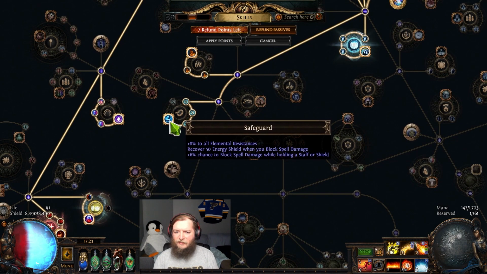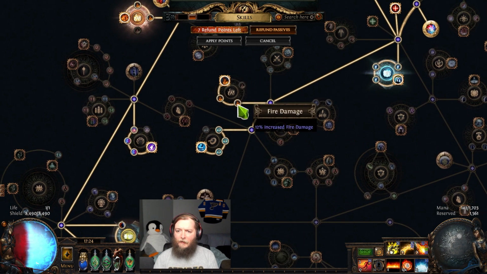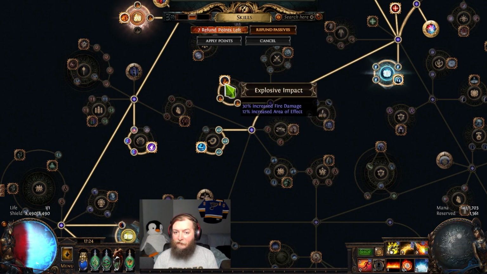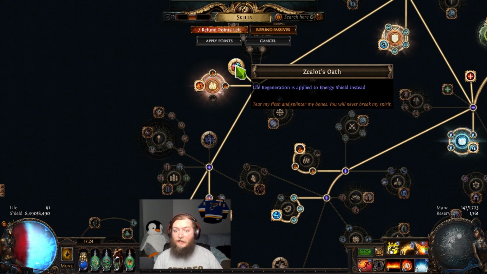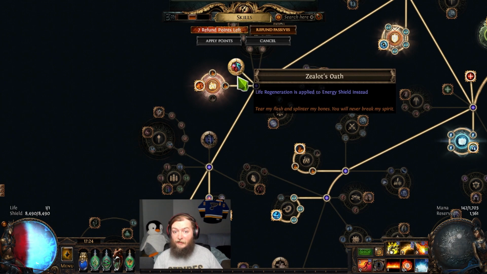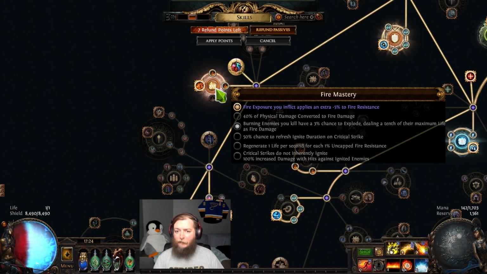Pushing down towards Safeguard, get more block, some resistances here while holding the shield. Get the spell block up and some fire damage, area of effect, and explosive impact. Going along the top side, grab Zealot's Oath, so any life regeneration I manage to get is converted to energy shield regen instead. Some more fire DoT multi here, some fire res, fire exposure you inflict applies an extra -5,